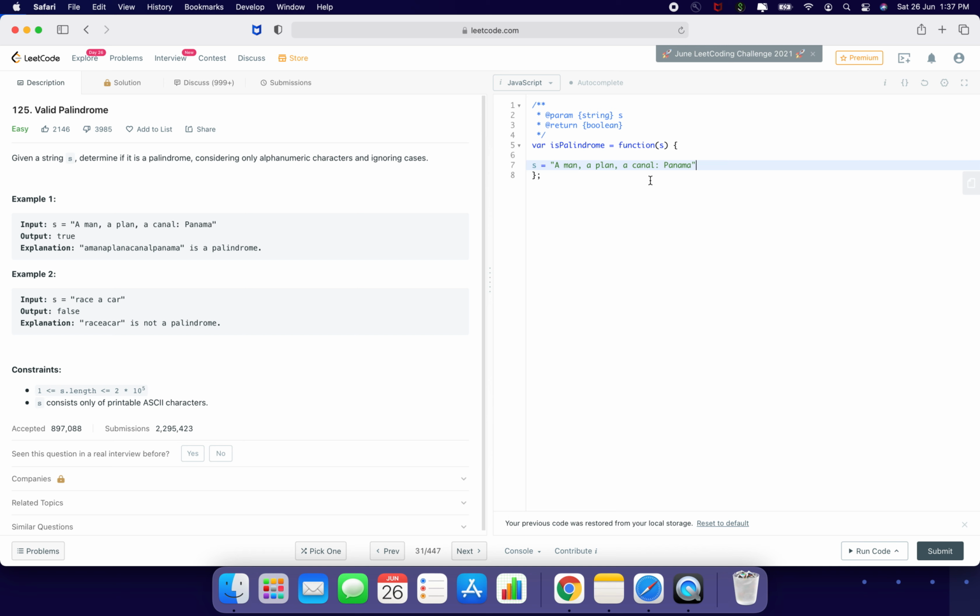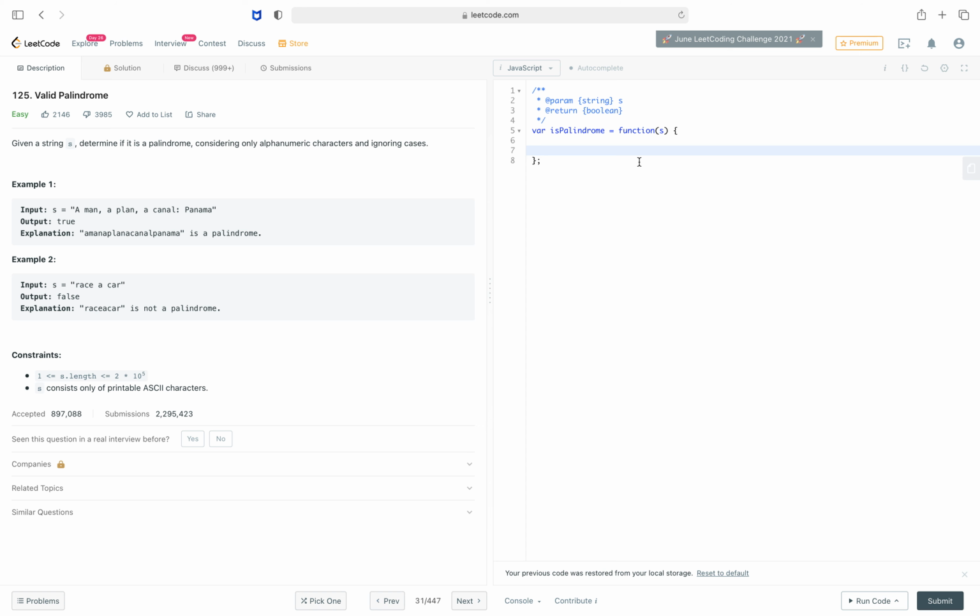So what we have to do is trim this string by using a regular expression. Let me maximize the browser. S equals S dot replace. The regular expression is pretty simple.